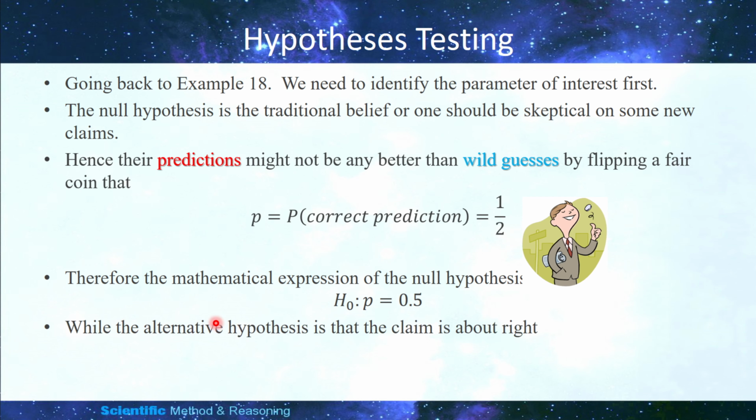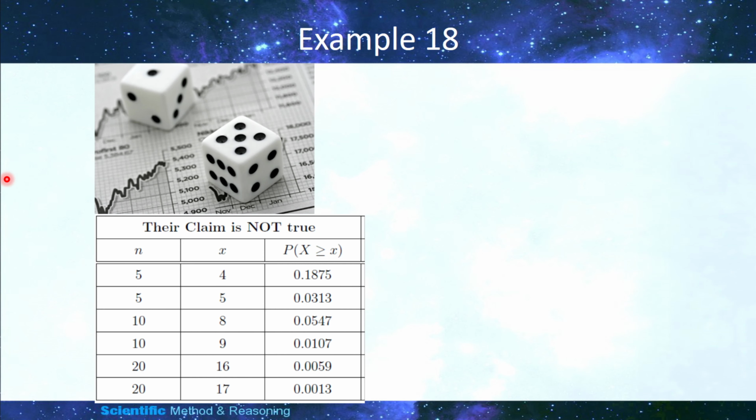But the alternative hypothesis is the new claim. The claim is that the probability of making a correct guess by this group of so-called highly professional investors is 0.8. So that's how we set the null and alternative hypotheses. And now suppose that the claim is not true, that means under the null hypothesis,